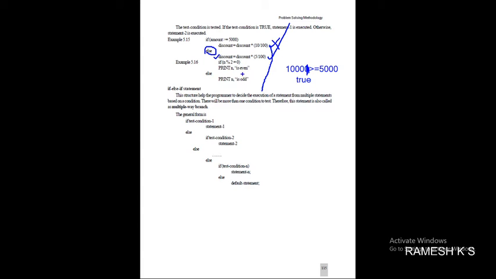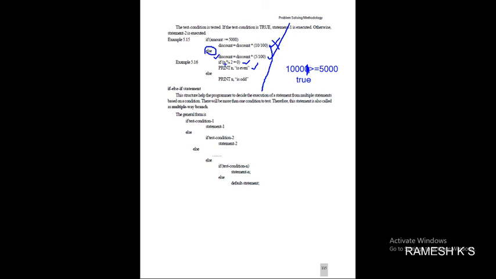This is another example, even or odd. If the number is even, I am taking 4 % 2. All of you know the importance of the percent symbol, we discussed it in the earlier class. 4 % 2 means 2 into 2 is 4, so the remainder will be 0. The percent symbol is used to retrieve the remainder value. The remainder value 0 matches this 0, so it becomes true. Once it is true, it prints statement 1, so n is even. I am taking n value as 4.